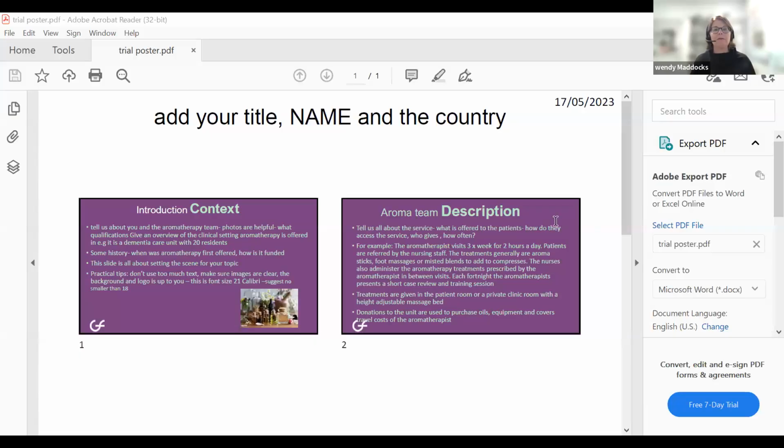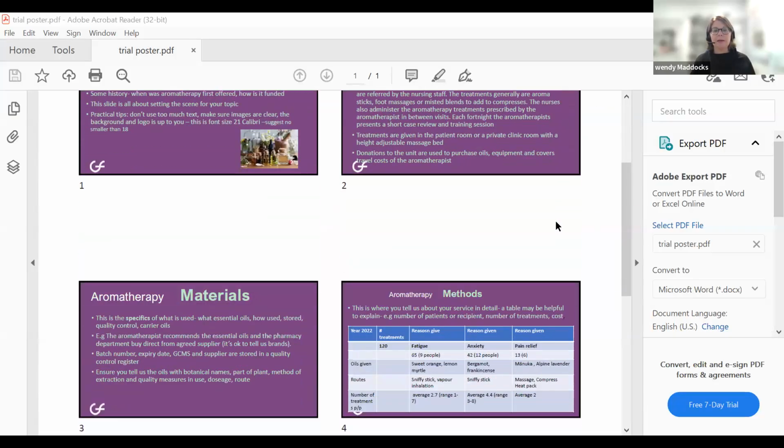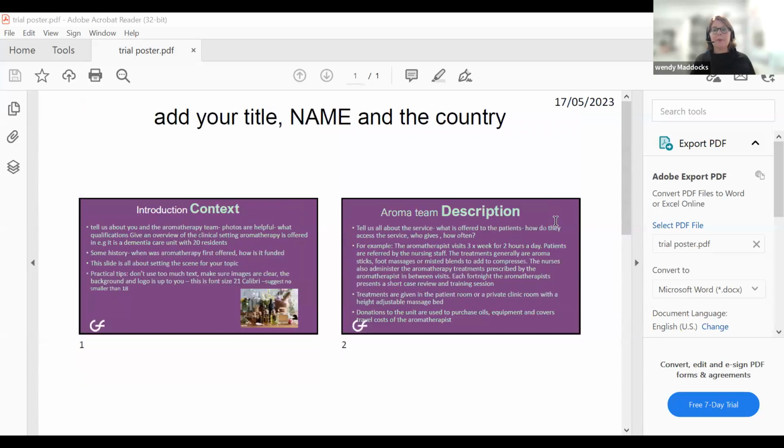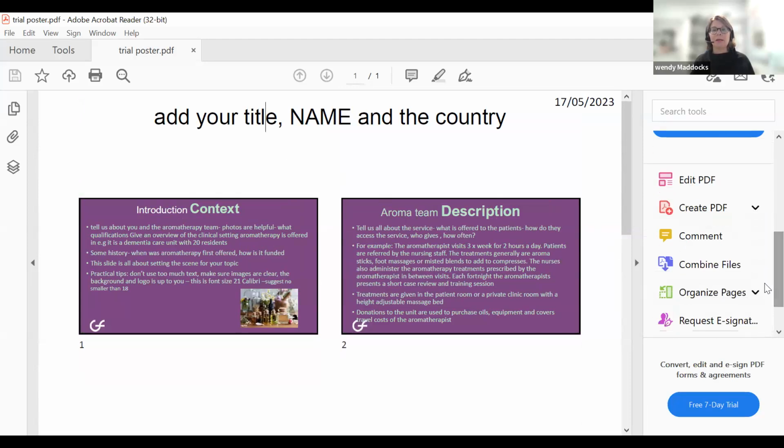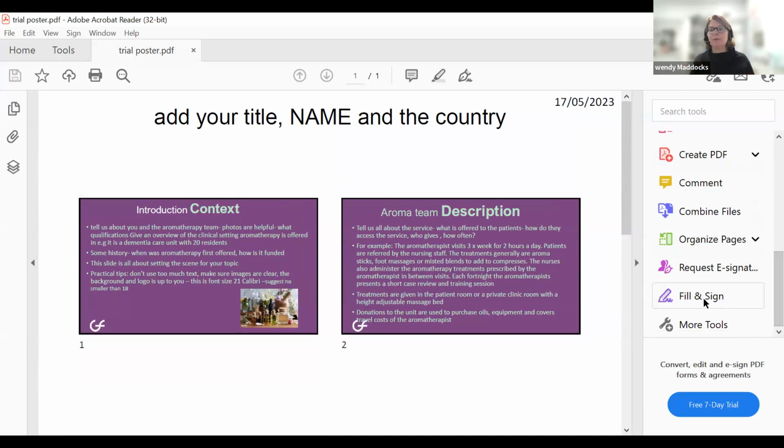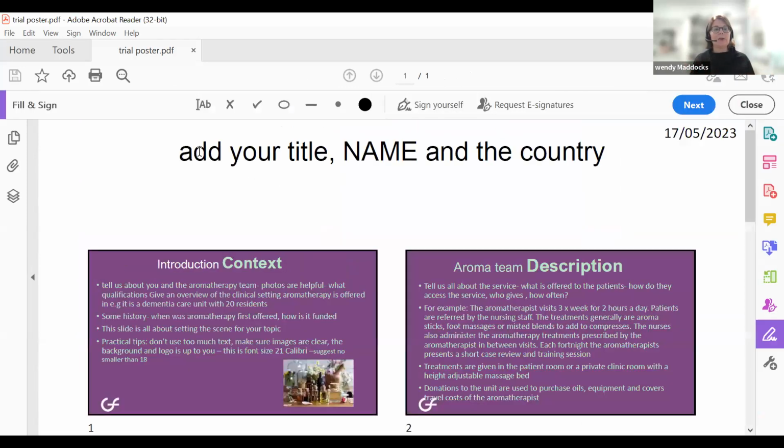And there we have our poster, the 6 slides on one PDF. But you do need to add a title at the top. And how do you do that? You scroll down the side. So this is a basic Adobe PDF package. It's nothing fancy. And you just scroll right down to the bottom, fill and sign. And you add that, and it adds a text box. So you fill in the text box,